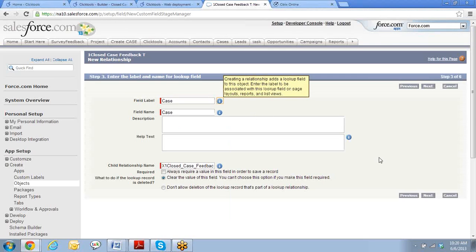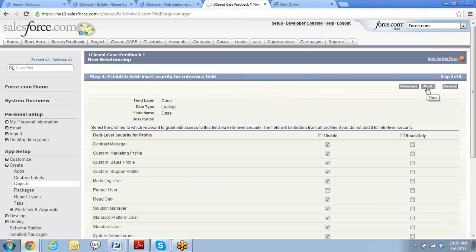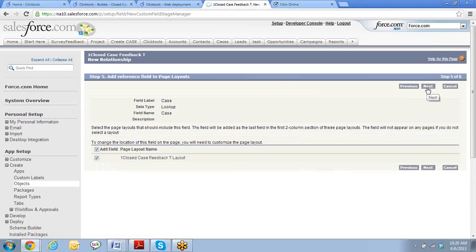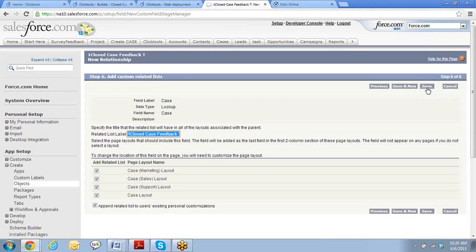Just tab through that. Typically, I just hit the defaults on nearly everything in here. Hit Next. Your admin or somebody may have some restrictions or criteria of what profiles this has to be on, so that's just something to keep in mind. Otherwise, I hit Next, the layout, Next, and then I select Save and New to bring me right back into